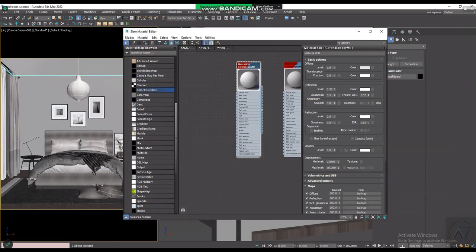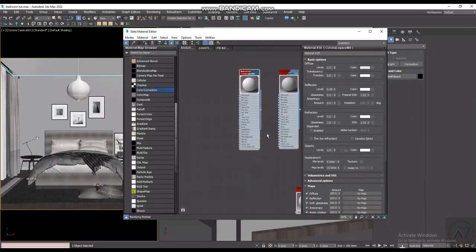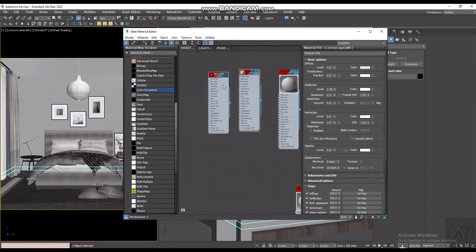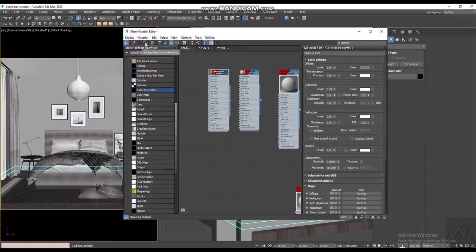Because in our reference the ceiling is kind of lighter than the wall. You can see our reference. Can make it white. Then this is our skirting we have here. Can copy this guy again too, but our skirting in our reference is dark. Can make it gray. Yeah. Then assign. So we've assigned it to our